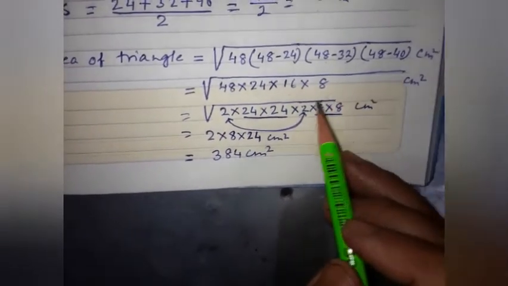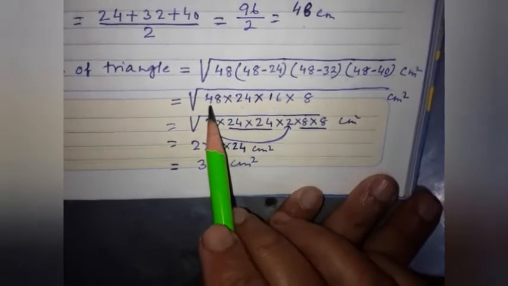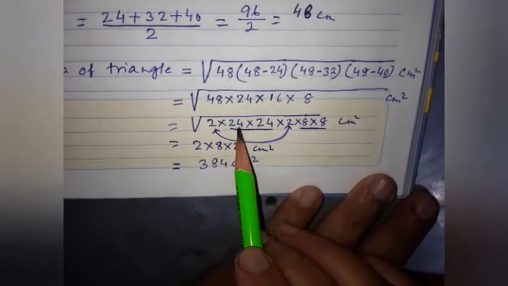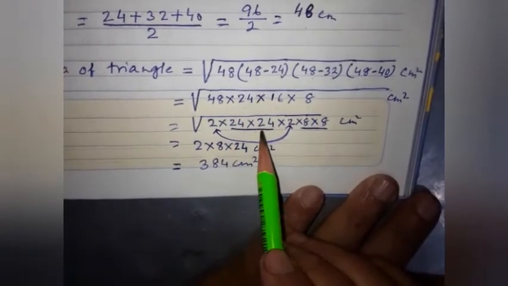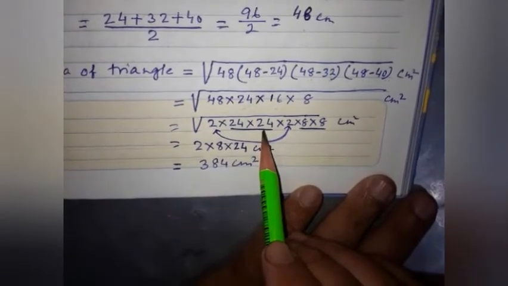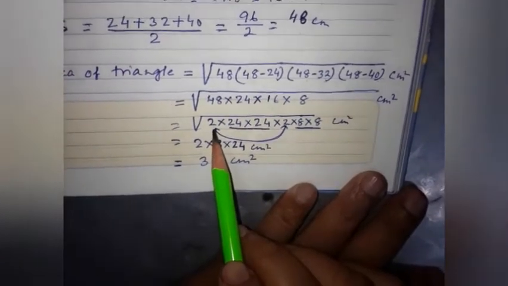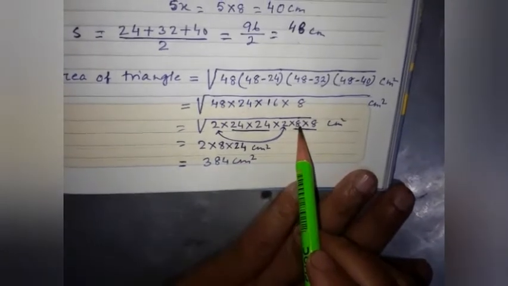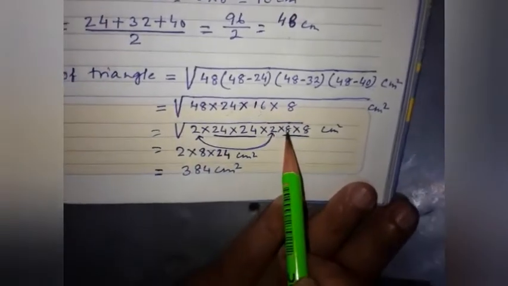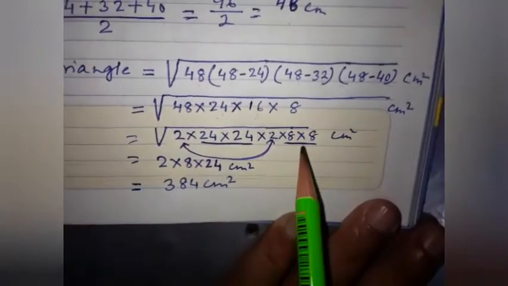What I have done, here I have found 24 is already there. So what I did, this 48 I have multiplied as 2 into 24. Okay beta? So 2 into 24, already 24 is there, so one pair we got. Now here 16 is there, and here I got 12. So what I did here, and here 8 I got. So 16 I just multiplied as 2 into 8. This 16 I break it into 2 into 8. Why did I do 2 into 8? Because 12 was there, that's why I got 2, 2 one pair I said, and 8, 8 one pair.